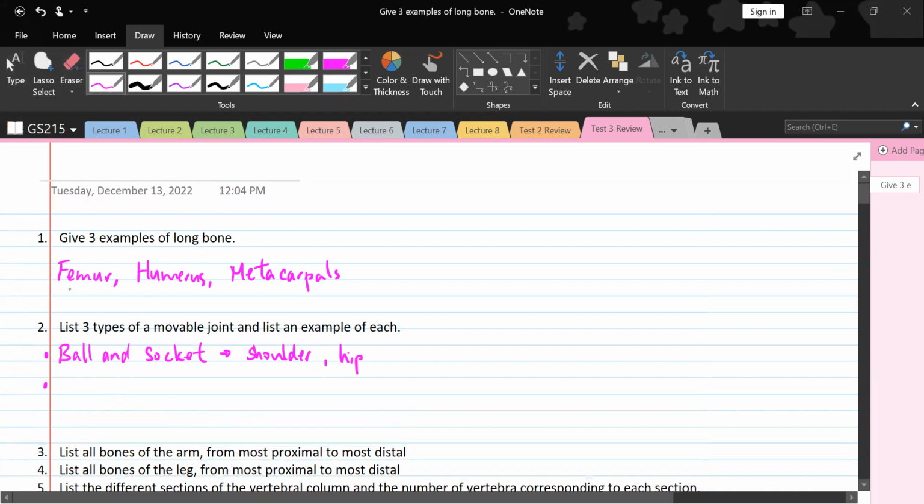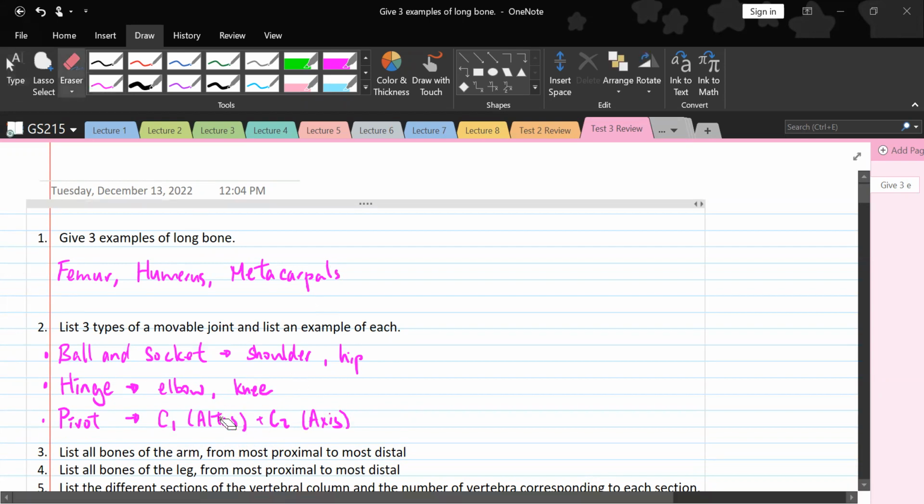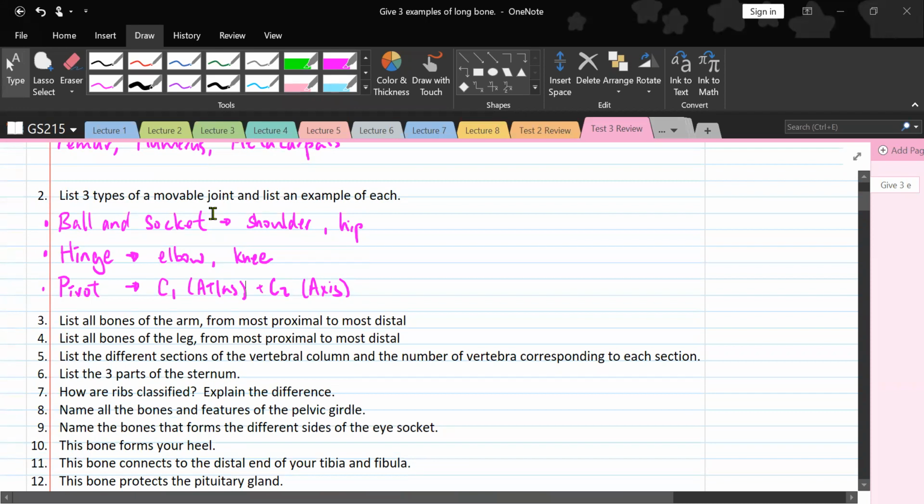Another example of movable joint would be the hinge joint. An example of hinge joint would be the elbow and the knee. One last one would be the pivot joint. And that would be C1, which is the atlas, and C2, which is the axis. Okay. So atlas and axis. So those are your 3 examples of movable joints and where you would find them in